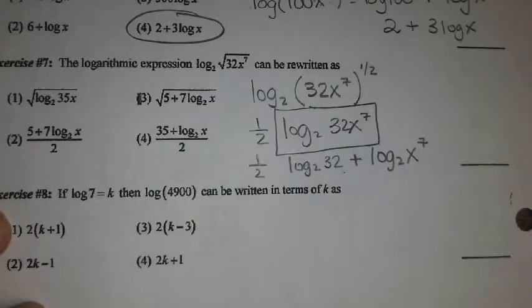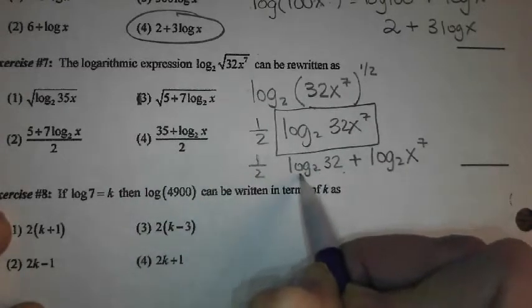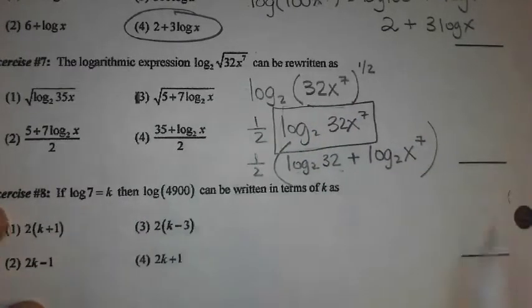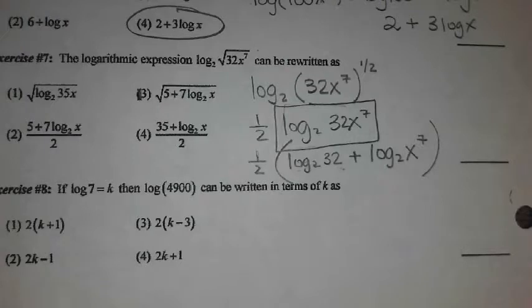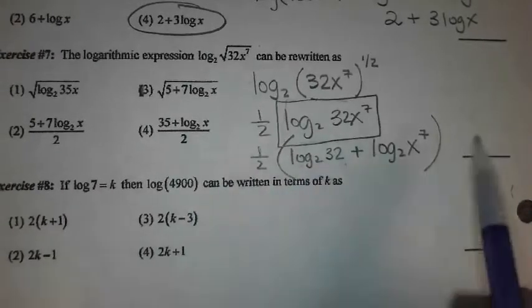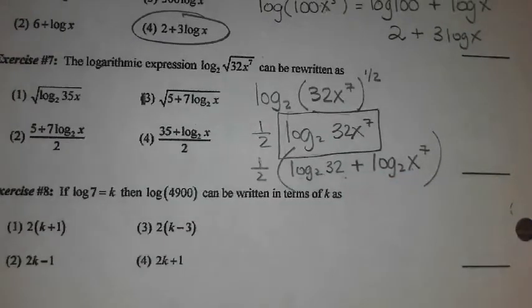Now because that's split up into a binomial, I can't just put my 1/2 out in front. I have to insert what? Nope. Because right now if I just write it like this, my 1/2 is only being multiplied by this. The 1/2 needs to be multiplied by this whole thing, so you have to insert parentheses. Now, what's log base 2 of 32? 5. And then this is 7 log base 2. And then it's 1/2 out in front, but look at your answers. How are they writing it? They don't have the 1/2 out in front, they have the whole thing divided by